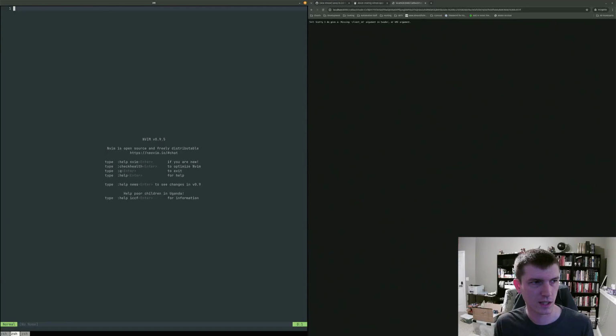I originally was just taking out the client secret, and I was still getting this missing client ID argument in header or URI argument. So the fact that it's saying header or URI argument makes me think that this is related to authenticating against a token endpoint, which I'm not sure how I do with this public version.